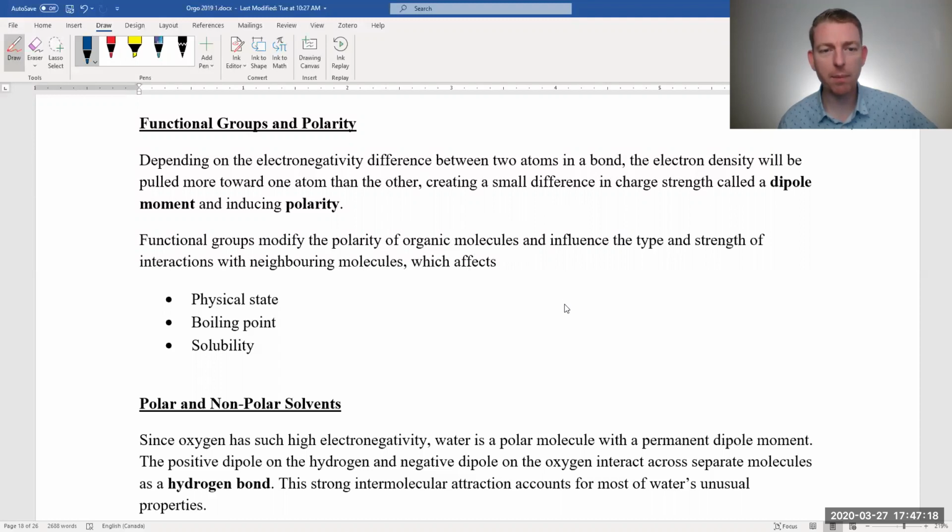Just remember when we're talking about polarity, what we're saying is a molecule that has a pretty high dipole moment. So something that has a strong difference in electronegativity between one of the atoms and another that isn't balanced out, right? So here the chlorine has quite a large electronegativity, so we're going to have a slightly negative charge over here. And that means the hydrogen is going to be a little bit positively charged, right? Most of the electronic density is going to be pushed onto that chlorine. If we look at something a little bit larger,